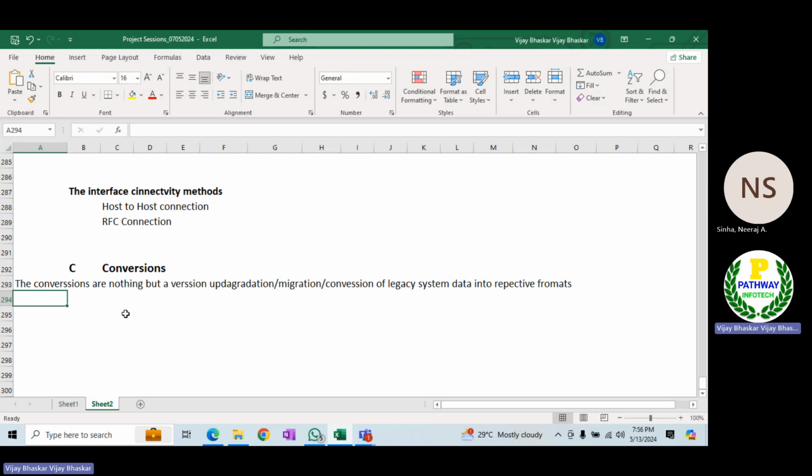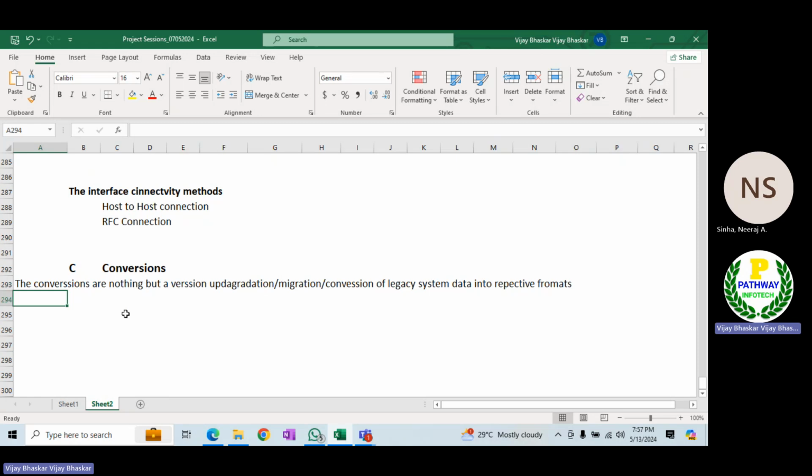You can imagine how much manual effort it will take. Let's say daily there are 100 plus records. So to avoid such activities, we can create some BDC programs or LSMW programs,